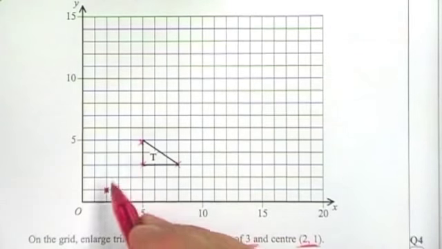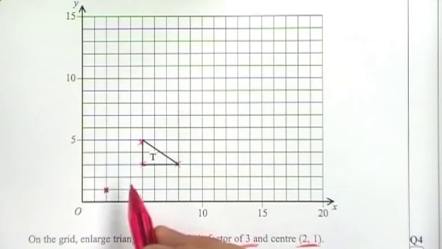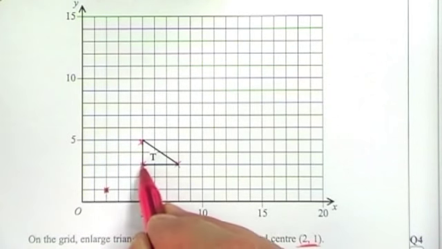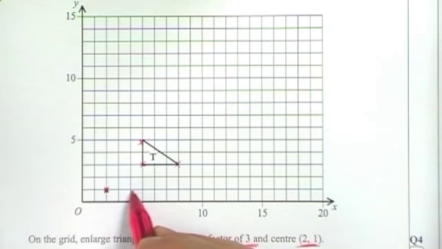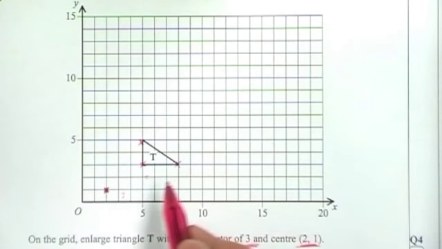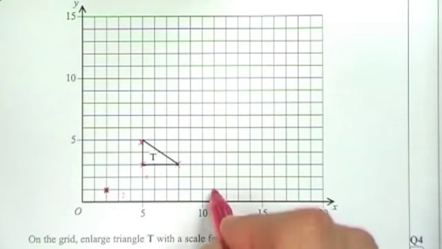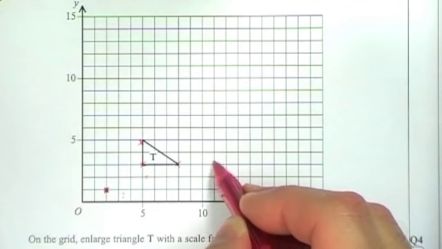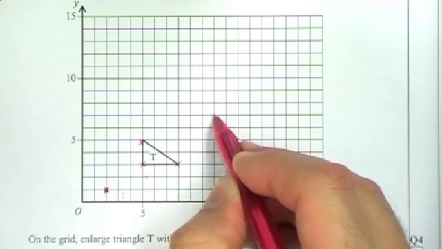So starting at the centre, I think counting squares is probably best. This corner here from the centre is 3 along and 2 up. So if we multiply that by 3, because of the scale factor 3, we go 9 along, and not 2 up but 6 up. So that's our first